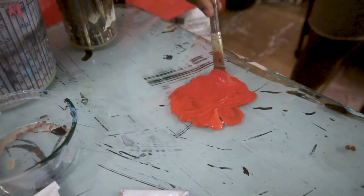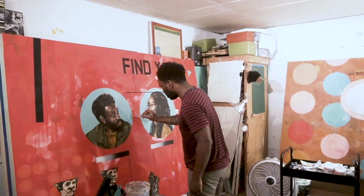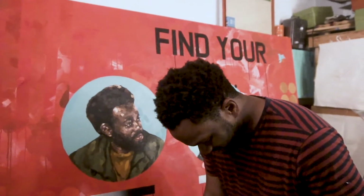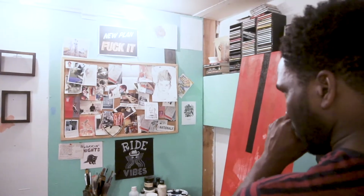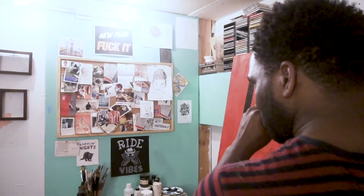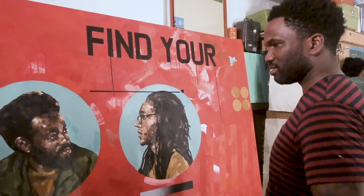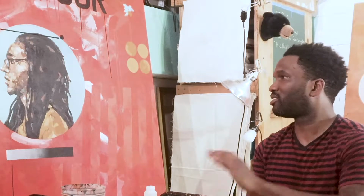The more contemporary piece that James and Tyree are in, the whole idea behind this one is finding your voice. I didn't want to put everything in it because I wanted to leave it open for people to have questions, even just to find your what, you know what I'm saying? Like what do I need to find? And they can fill it in. Find your balance, find your person, find whatever